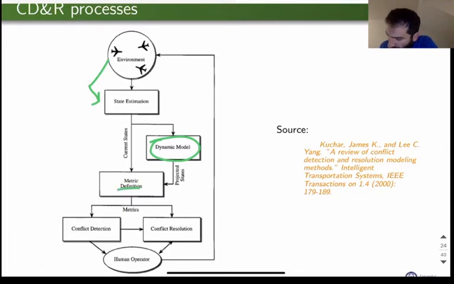By defining a metric, in principle, the conflict violation, this 5 nautical miles in the horizontal plane and 1,000 feet in the vertical plane, we can detect and then eventually resolve conflicts, and always, right, in interaction with the human